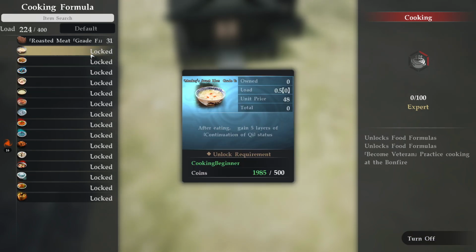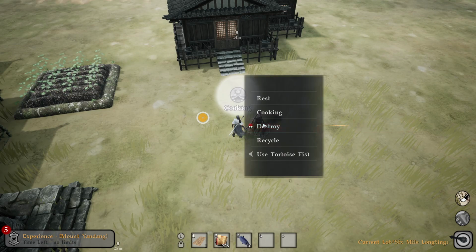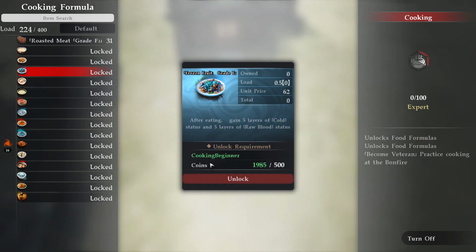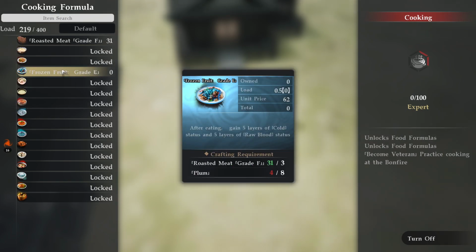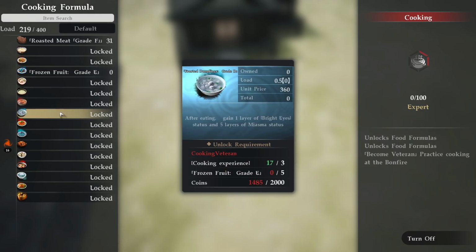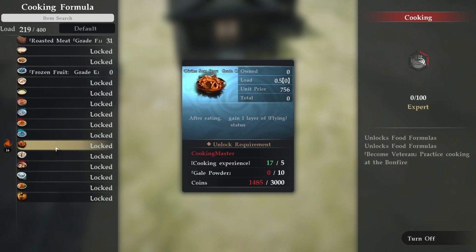So, we obtain cooking experience, but wait a sec. Do I need to go another time there? So, unlock requirement, cooking beginner, and I need to pay coins for that? That's how it works? Okay. So this stuff is going to give us 5 layers of cold. So let's see what we can do here. Food seems to be exactly the kind of stuff that will help me with my problems of statuses. I mean, this will also help us with the enlightenment spot, so...